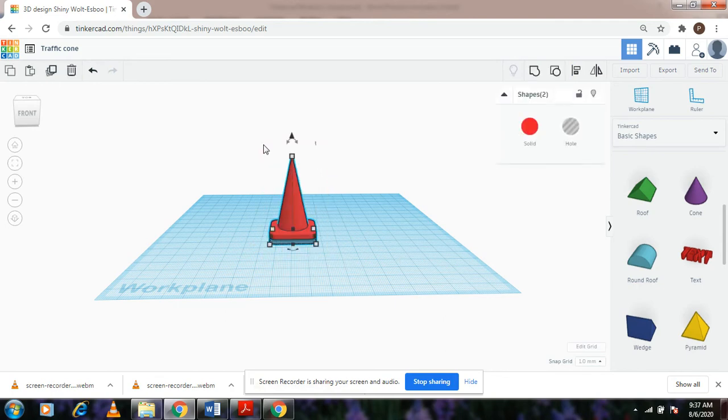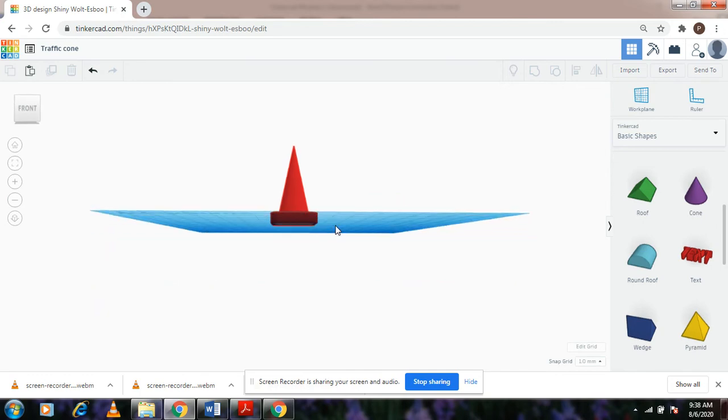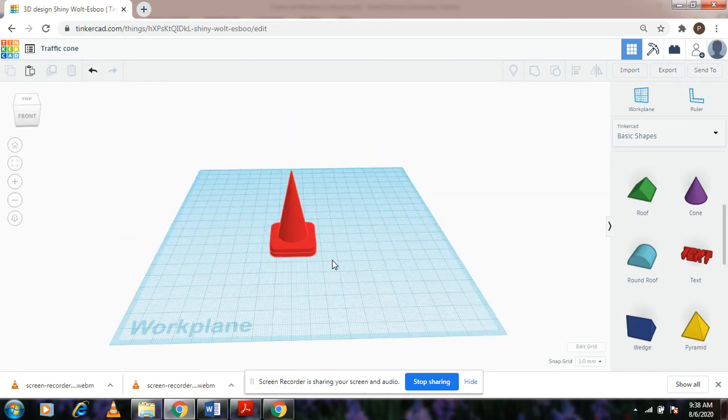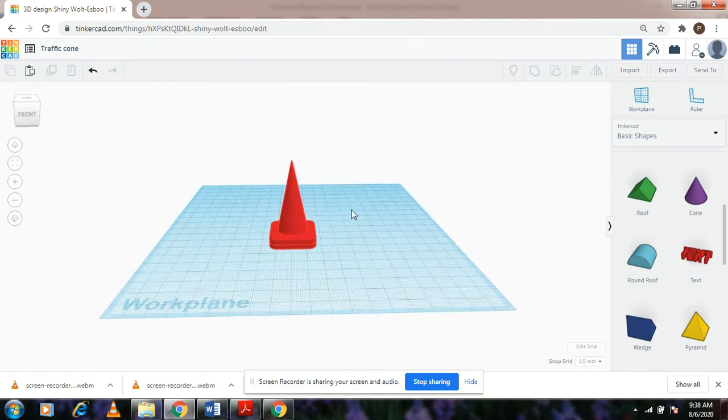So now I'm going to select both the cones, and I'm going to hit on group. Hitting on group when one of the objects is a hollow one will subtract the hollow object from the solid object. So what is going to happen now is the previous cone is going to get subtracted. The hollow cone is now going to get subtracted from the solid cone, and it is taking a little time to process. The results will be ready in a couple of seconds, I guess.